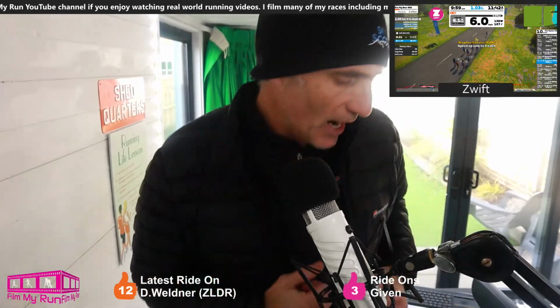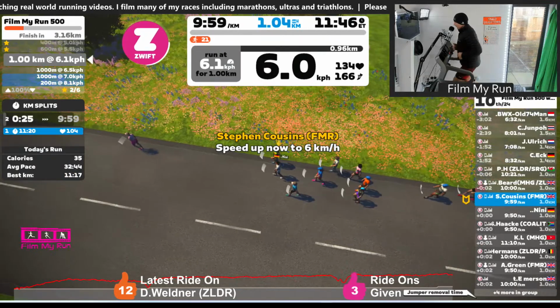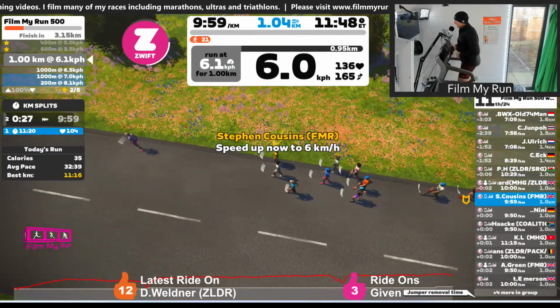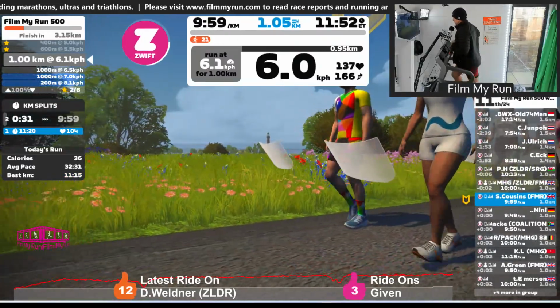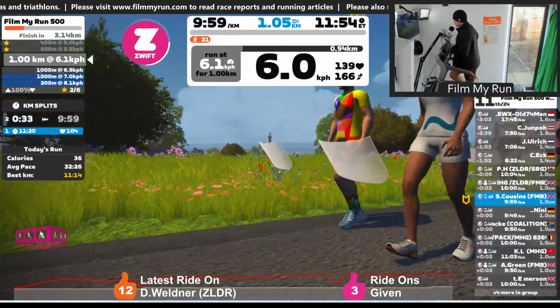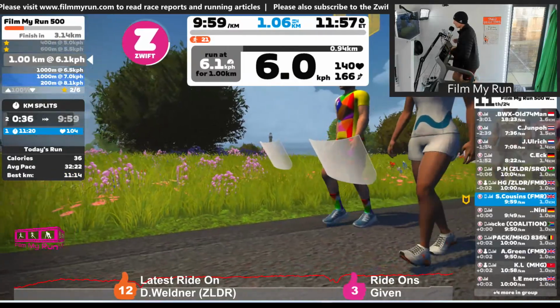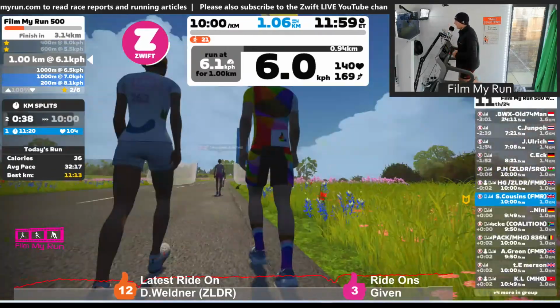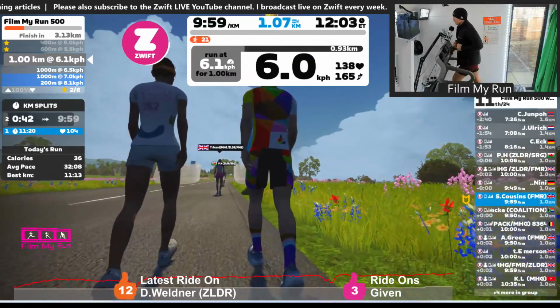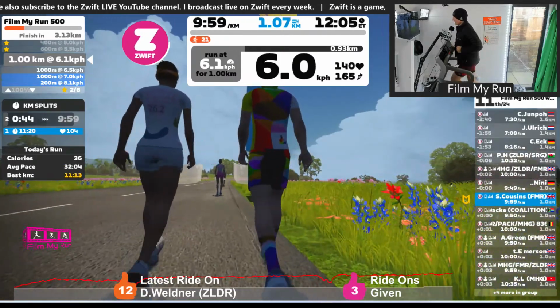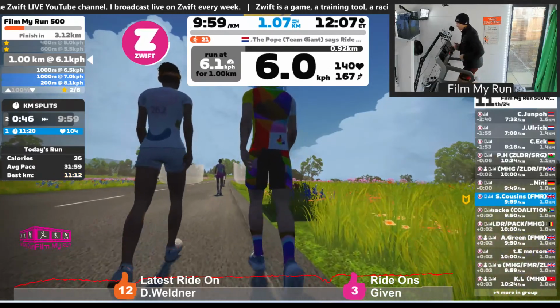Now on the Noble Pro, if you have connected your Kinni app, the speed will automatically increase. So this is the difference between using a standard treadmill and just Zwift on its own. There is no automatic control. So if I want to speed up, I have to manually increase the speed.